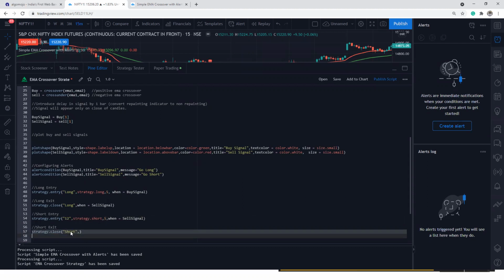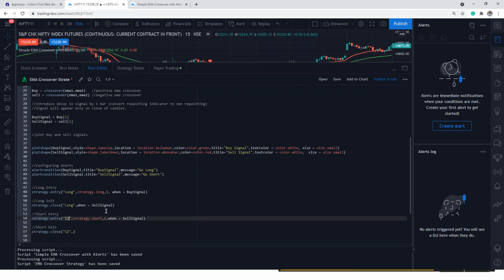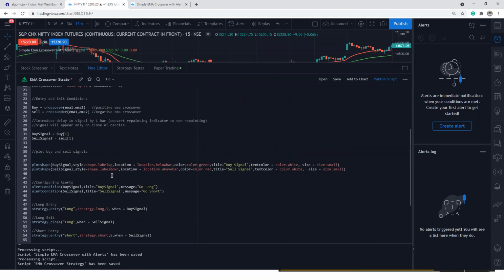To make it meaningful, instead of putting random values, I'm putting short so that you know the ID is short. Otherwise, you can put any values over there. So short, when you want to close it, when there is a buy signal, that is the EMA positive crossover, I want to exit my shorts.